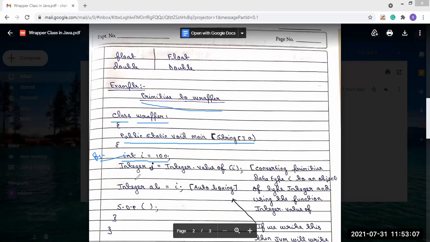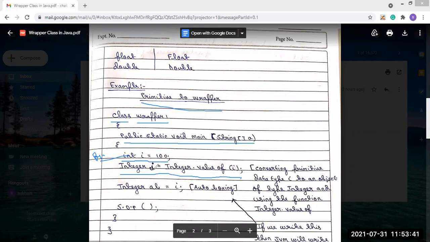Now, there may be two ways. If we write Integer j = Integer.valueOf(i), and in the valueOf function we send i as the parameter, this is the explicit conversion from primitive to wrapper class.